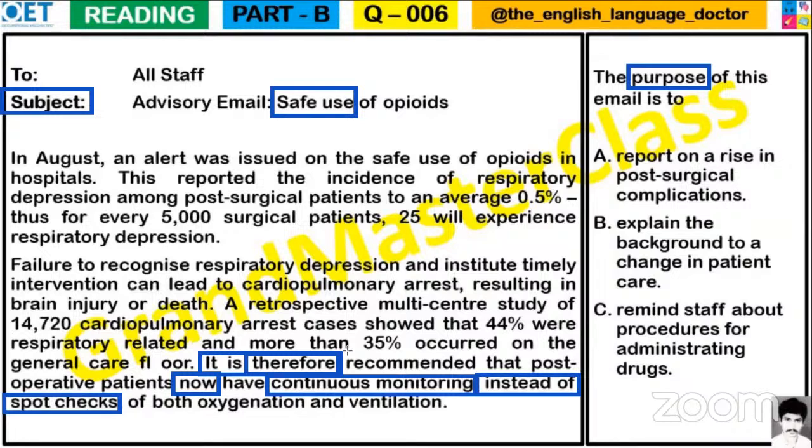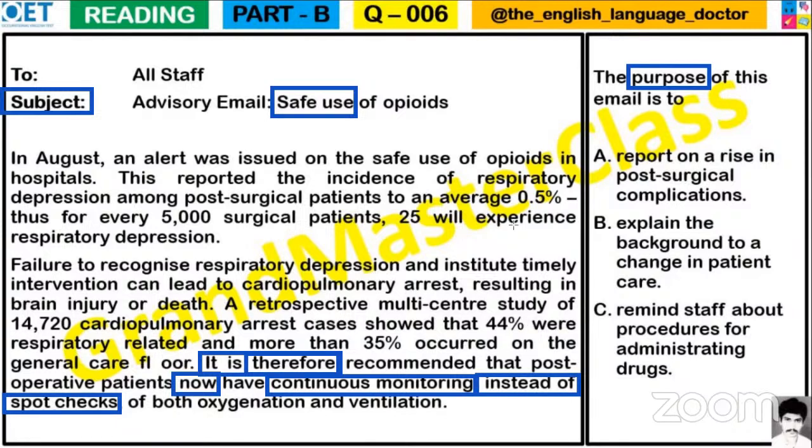Because you do a spot check and come back, once every 2 hours or every 3 hours or every 4 hours or every 1 hour, you go and check and come. What happens in the middle? What happens in the middle? So that is why continuous monitoring is needed, because even with spot checks, people are facing cardiopulmonary arrest cases. So instead, they put continuous monitoring through instruments. Whenever there is a problem, it will give an alarming sound, the nurse will rush there and the bulb will glow.